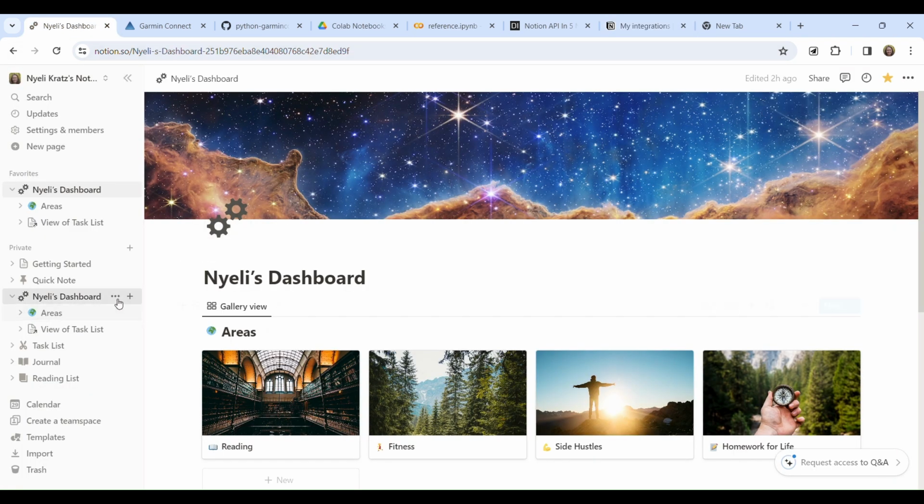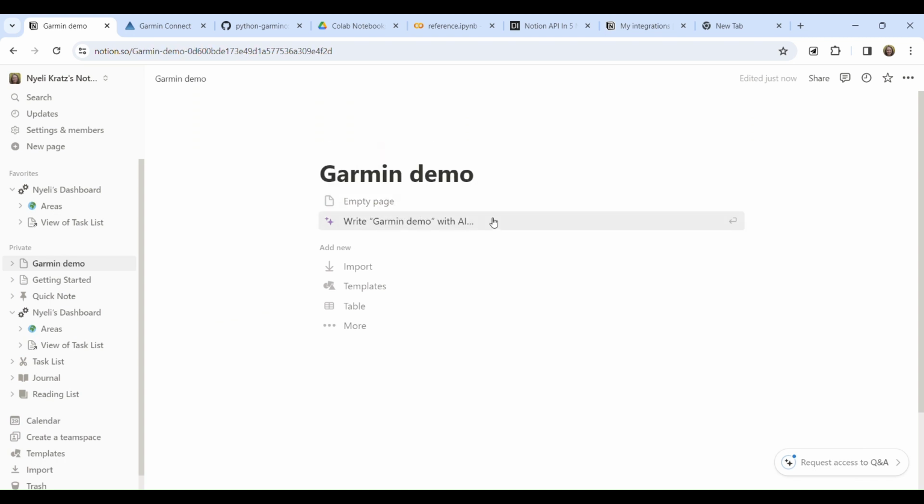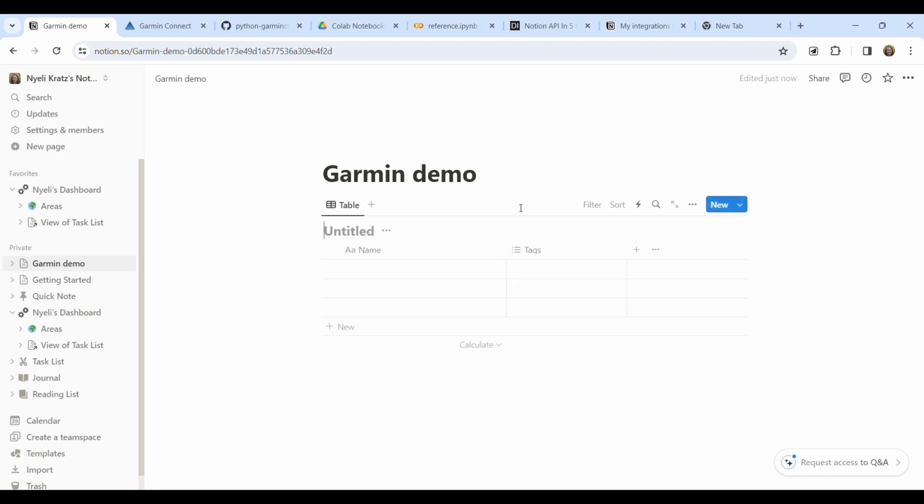So this is just my dashboard. But let's create a new page, call it Garmin Demo, and then make an inline database on this page. We're going to be putting data from Garmin into this database. And to do that,